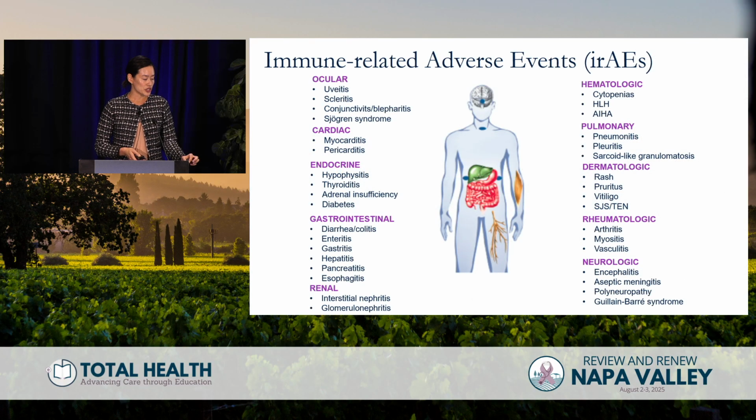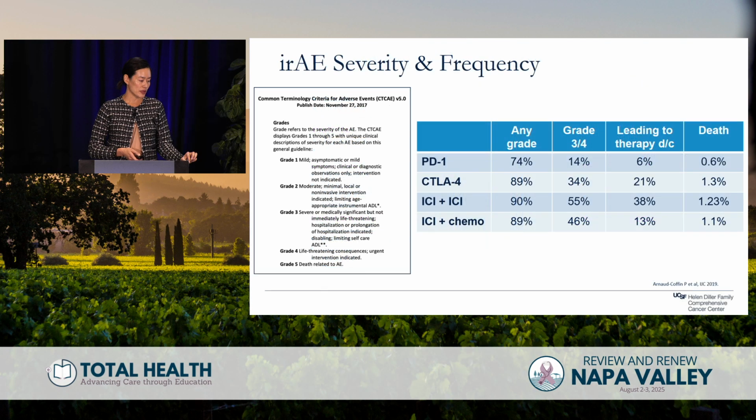So with such a success story comes obviously some downsides, and specifically for ICIs, the cost is this myriad of possible IRAEs. For those of us that treat patients, of course, this comes as no surprise that any organ system can be at risk. The range of presentation is very varied, from acute and fulminant to chronic and indolent. And I think really this poses a number of questions. Number one, how severe can IRAEs be?